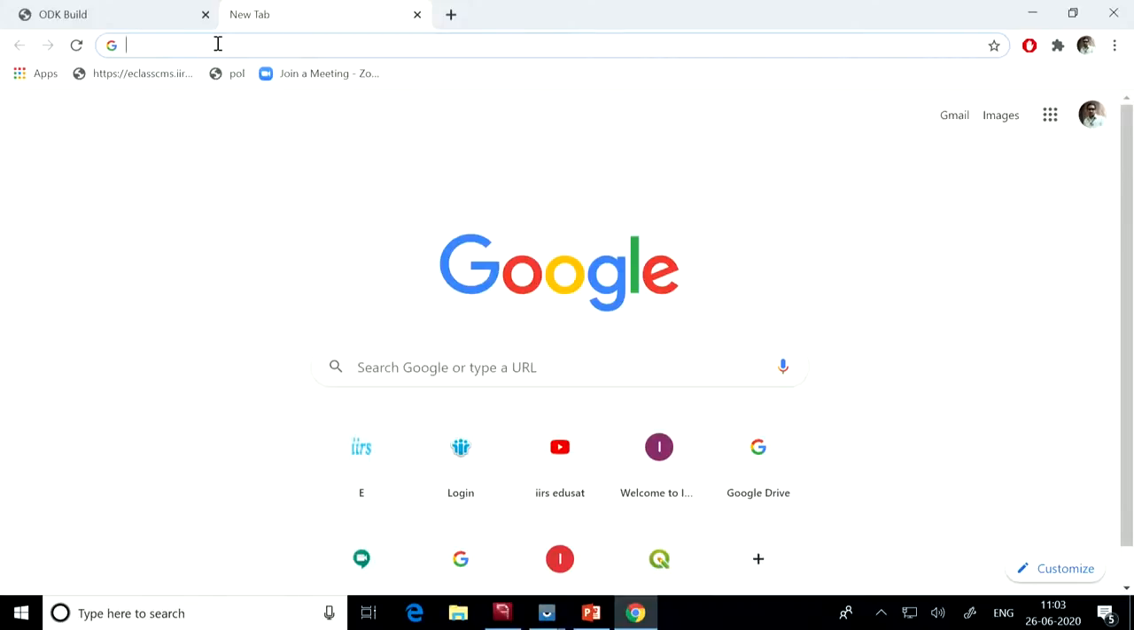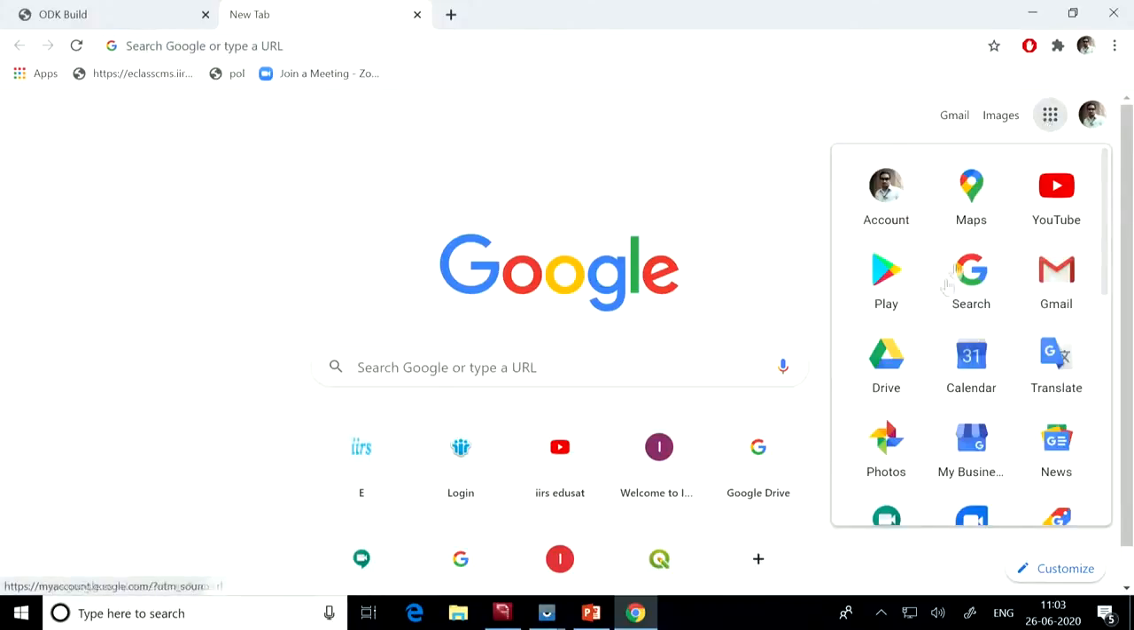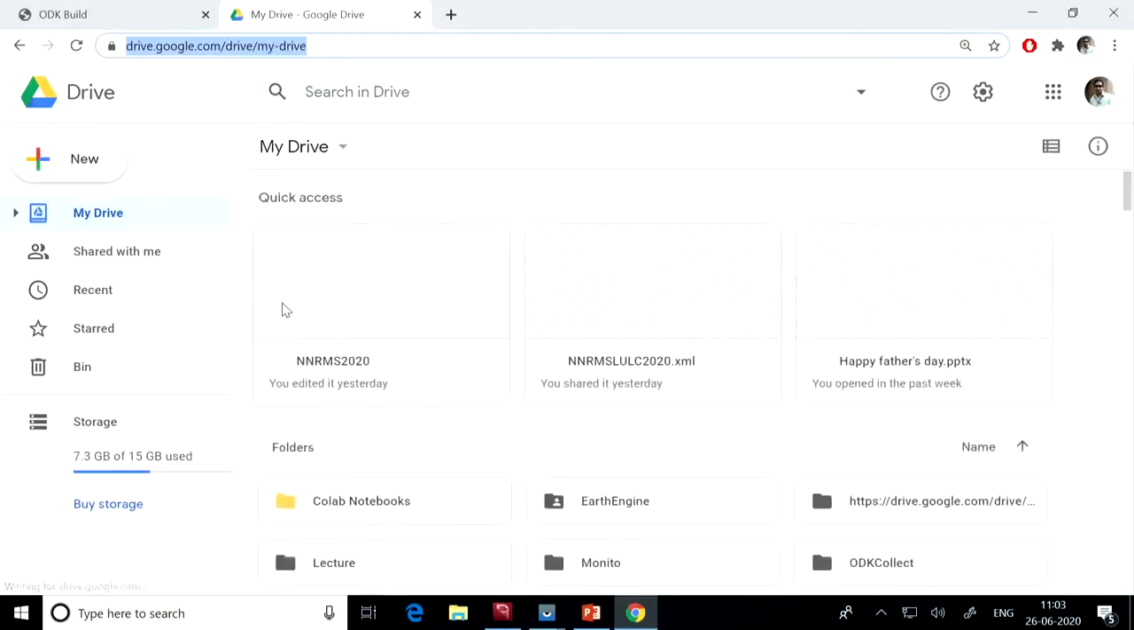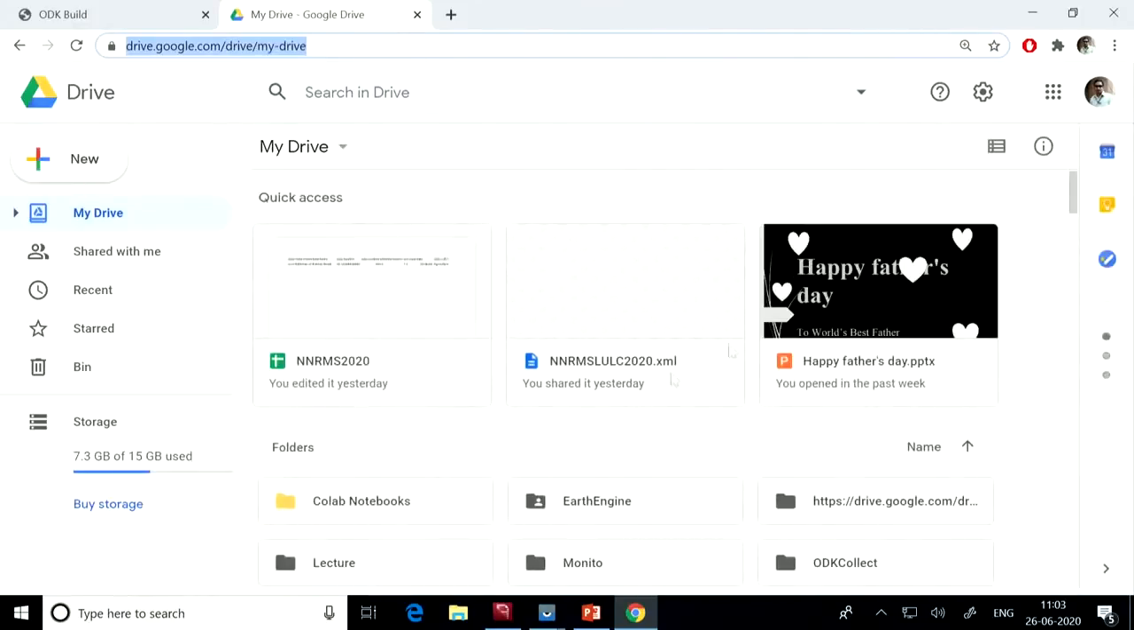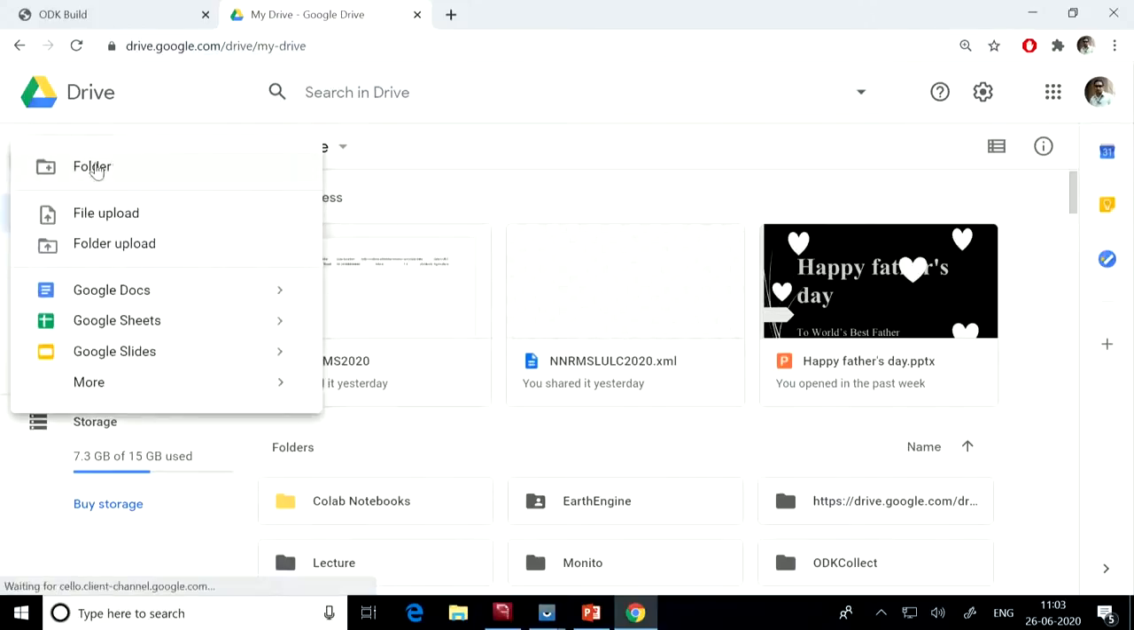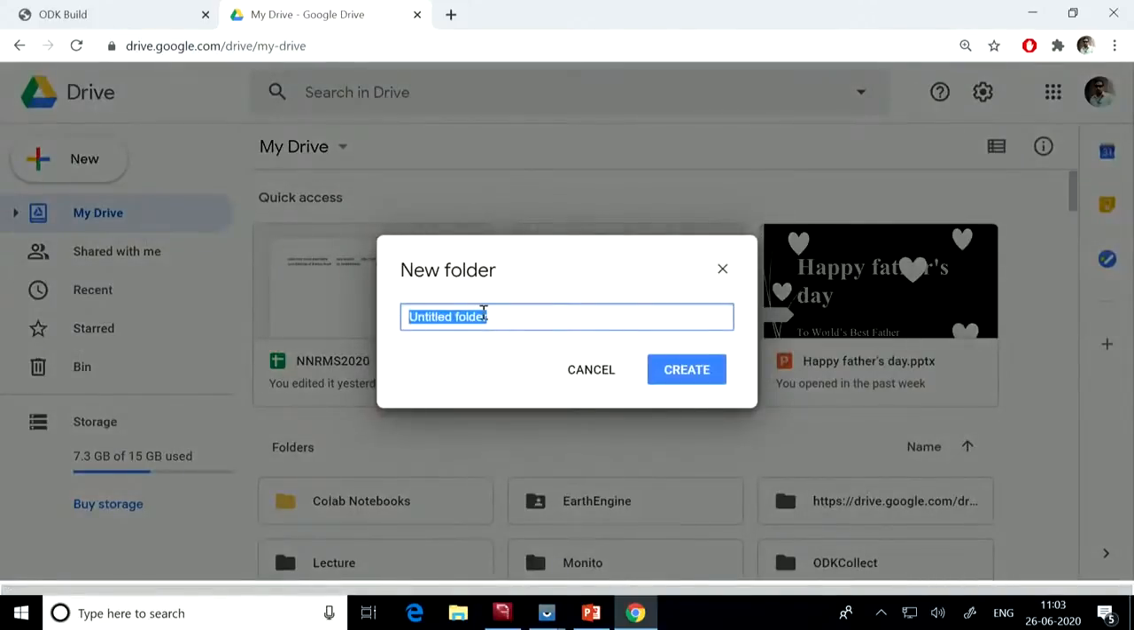Okay, so here I will say Drive, Google Drive. Directly I am going here, Drive. So Google Drive. Here I have already created many forms. What I will do is create a new folder. First of all, let us create one folder by the name ODK